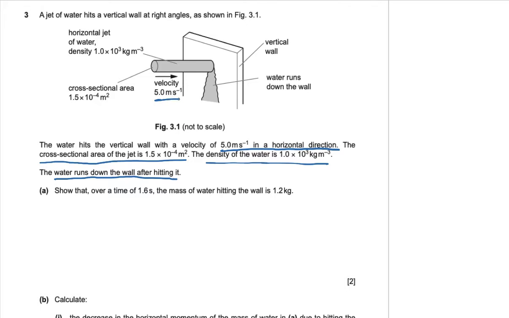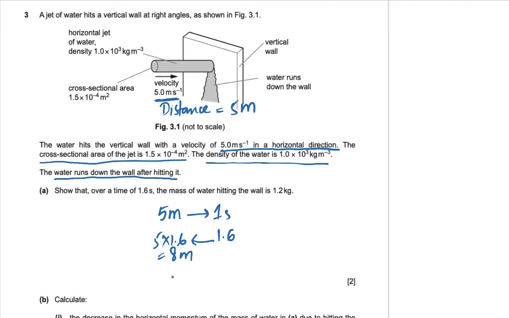So the speed that you see over here is basically telling you that this jet travels 5 meters every second. So the distance it covers every second is 5 meters, which means that it covers a length of 5 meters every second. So in 1.6 seconds, it is going to cover 5 × 1.6, which is equal to 8 meters over a time of 1.6 seconds. Now your mass is equal to density times volume,